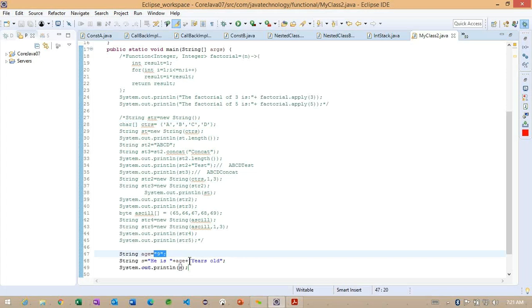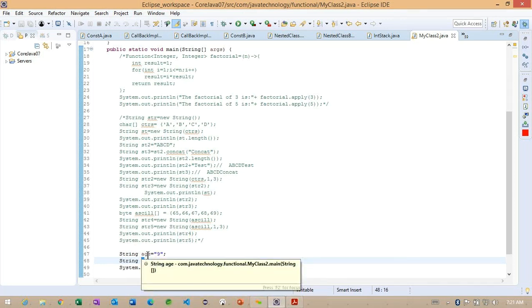Getting the point? So this is the way we can append a particular string here. Again here we are creating a new object so that we can happily access this particular information, because whenever we are trying to create a new object, the new object is going to reside in the string pool. Getting the point? And after this, we are having different data types. How can we work with different data types? The same concatenation applies.